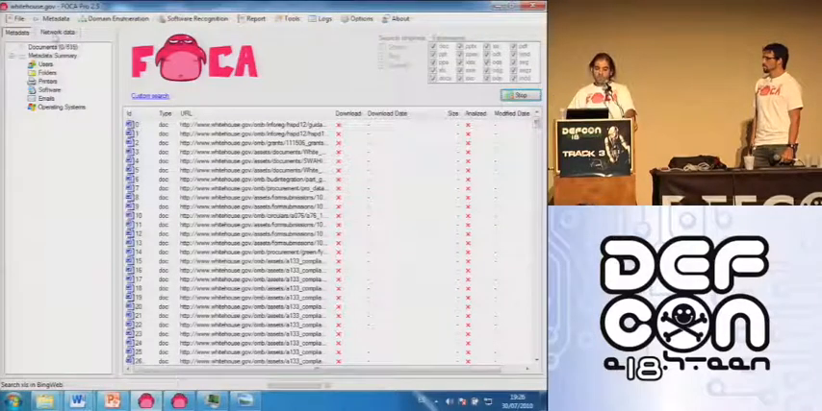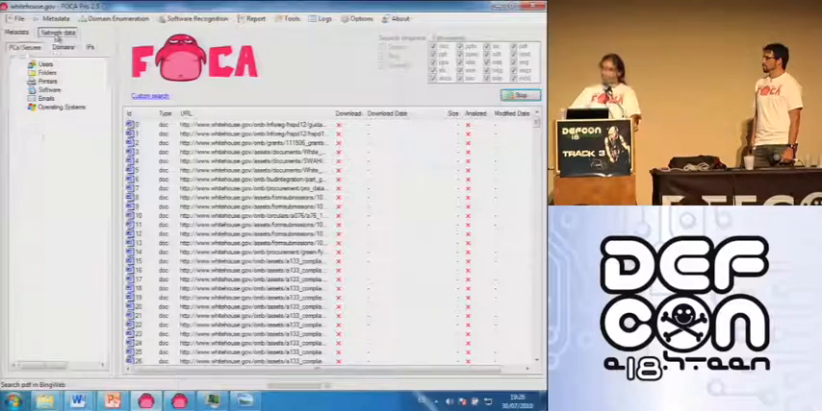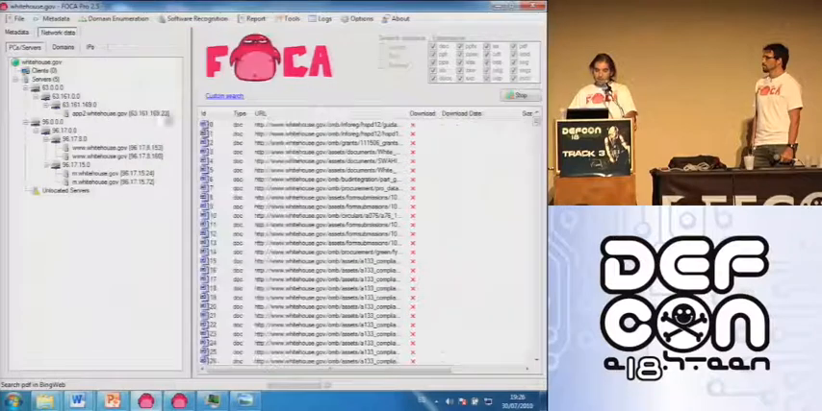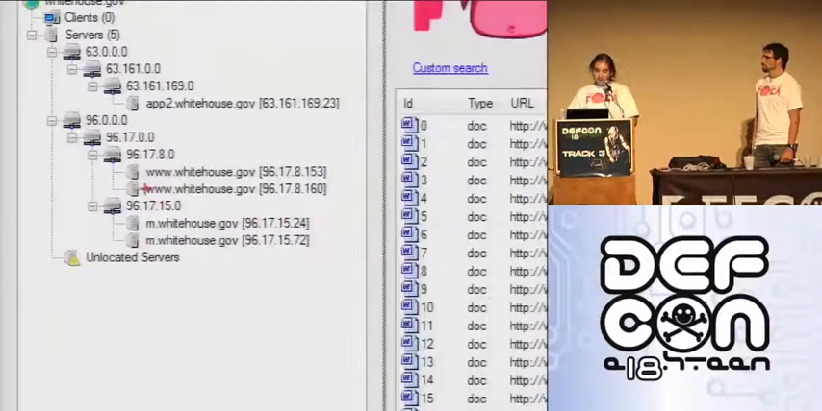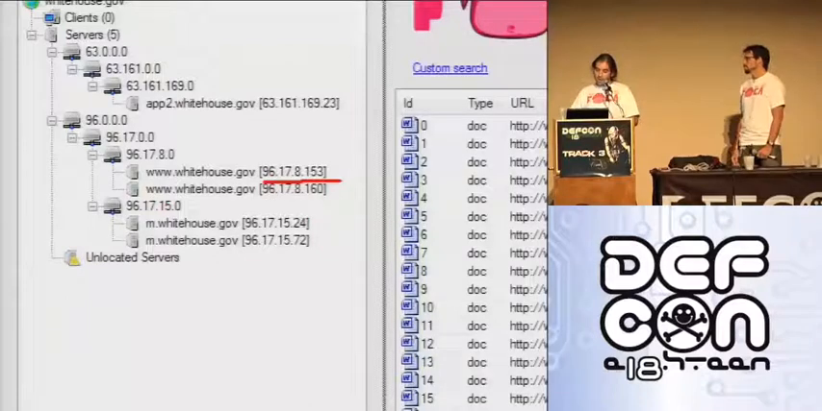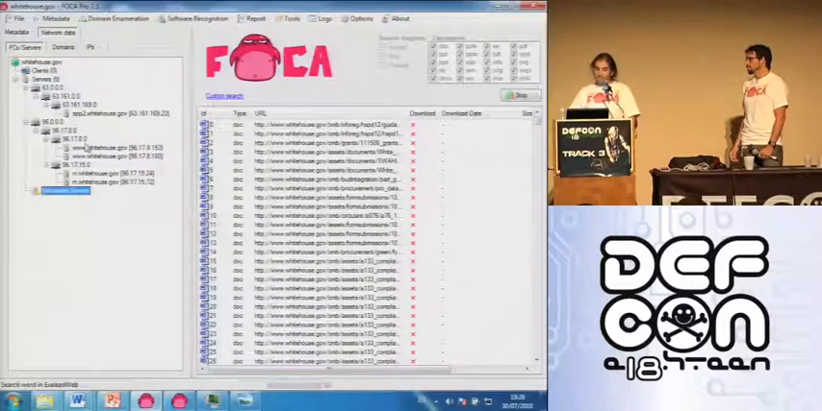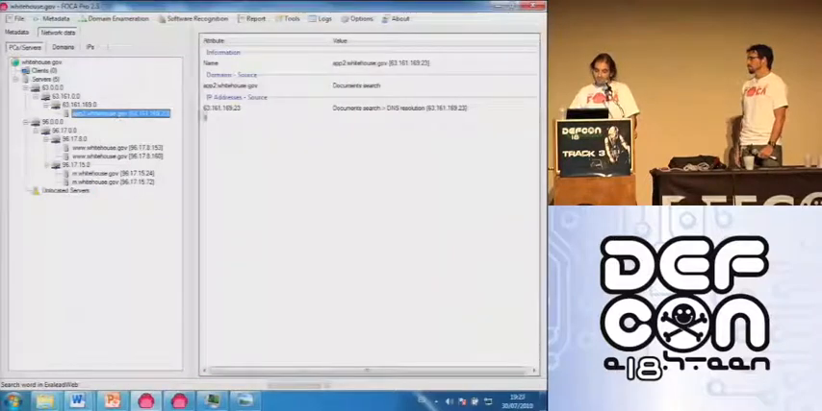So if we go to this new panel, network data, we can see that there is a lot of information that FOCA had been collecting from the URLs. So for instance, we got that White House is using 2 IP addresses, and there is another server which is also using 2 IP addresses. There is a special server called APP2, and of course FOCA had been analyzing a lot of information at the